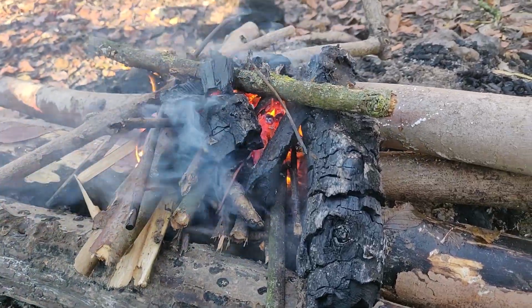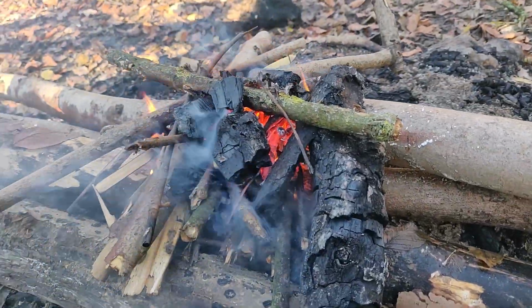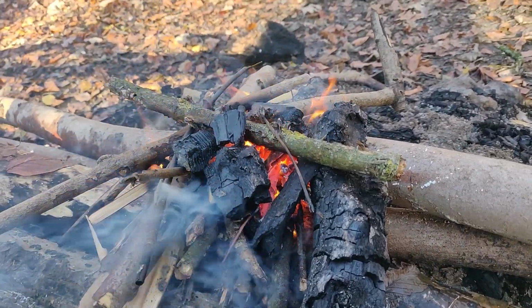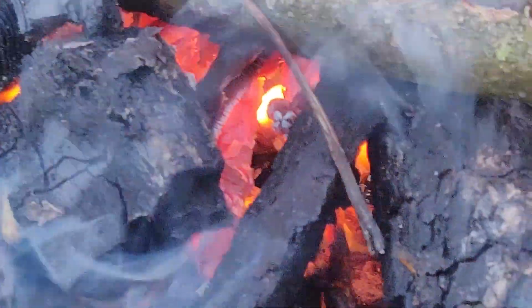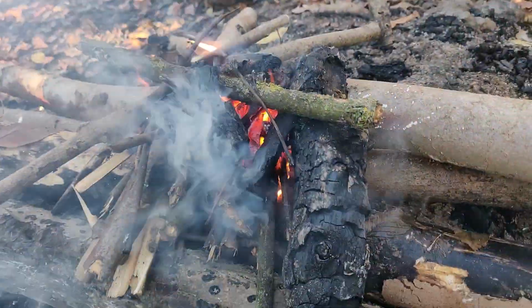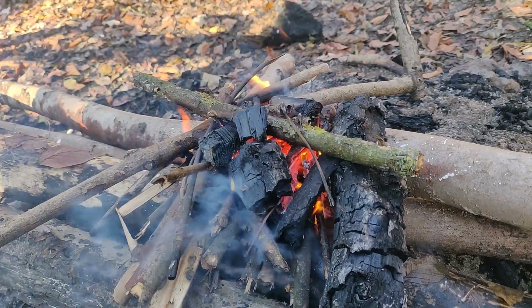Now, the awesome thing about having a breeze, as you can see all the smoke is going that way, is that I don't have to work as much, so I can just watch it and hope that it goes up. So look at those beautiful colors in there, wow. But yeah, you can see there's a lot less smoke now. It also helps that